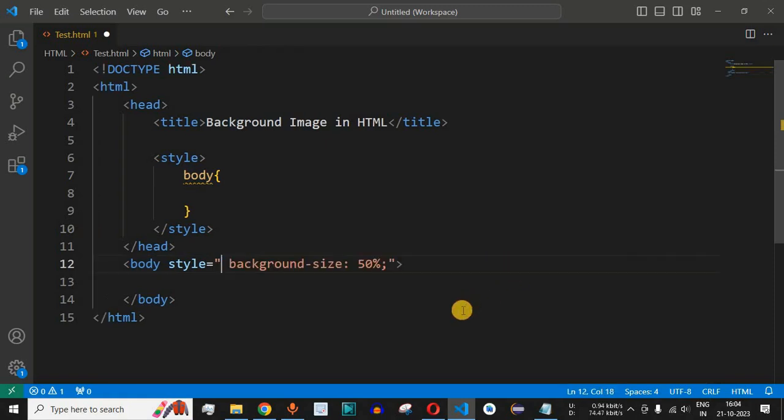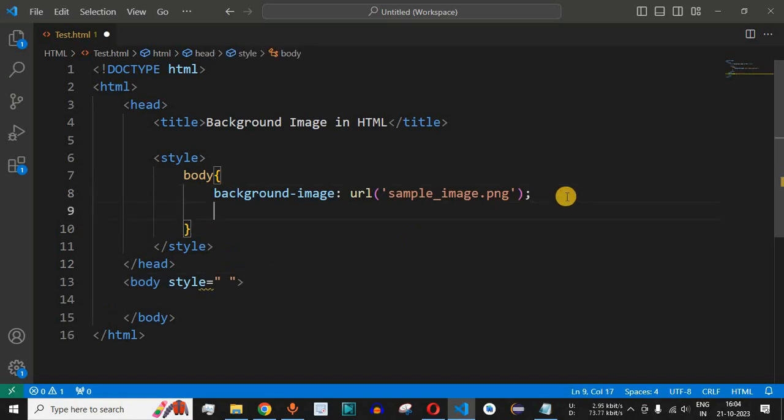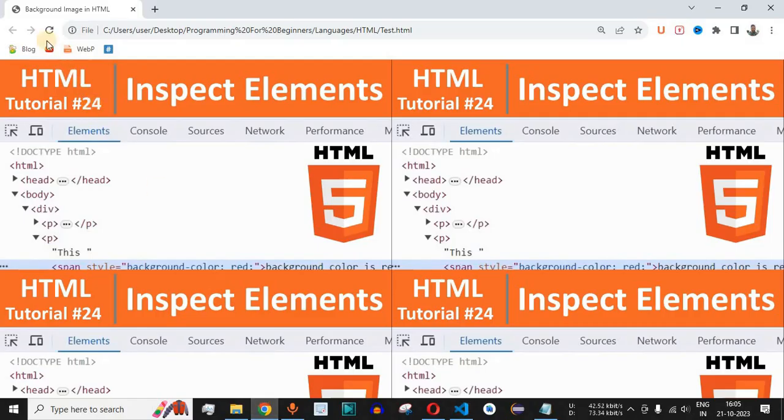So I am going to simply cut this and paste it over here, that is the background image, and then we will also have the background size as well. I'll remove this and paste this over here. So guys, this looks more decent compared to the inline CSS that we were defining inside the body start tag. Let me save this file now and try reloading this page once again on the browser to see if there are any changes.